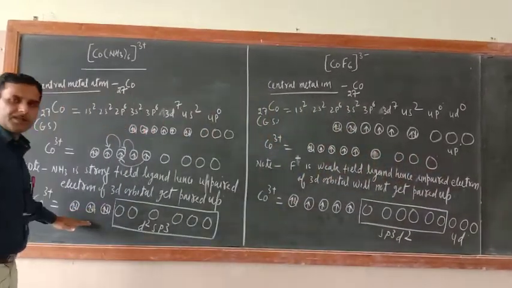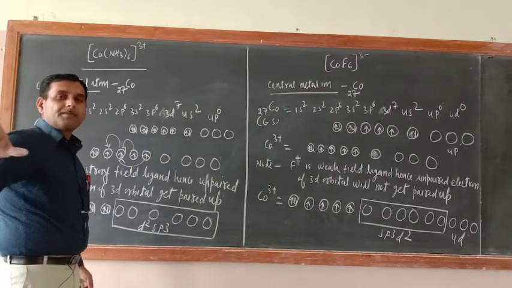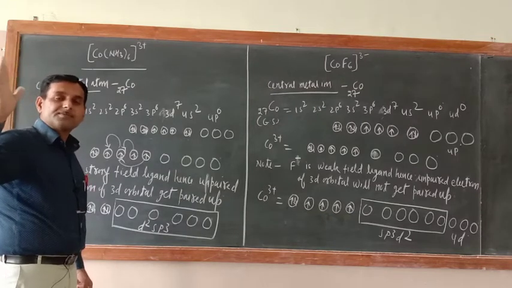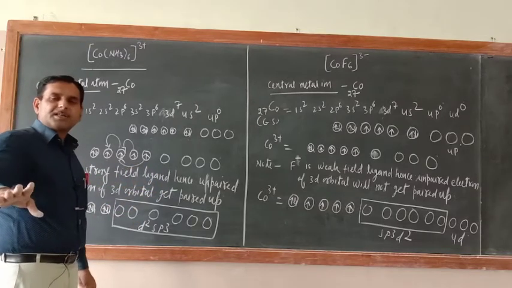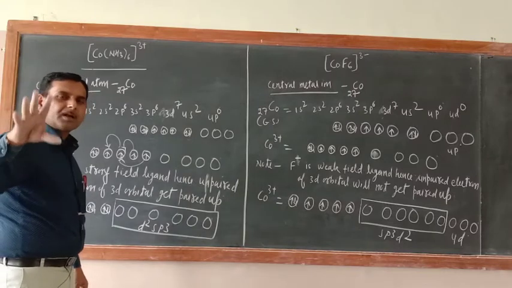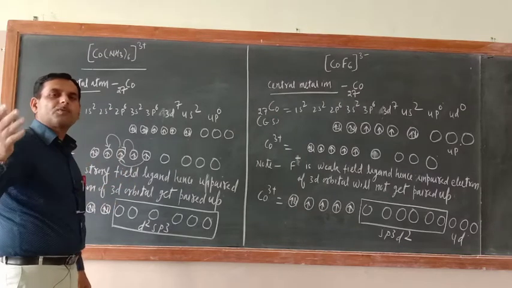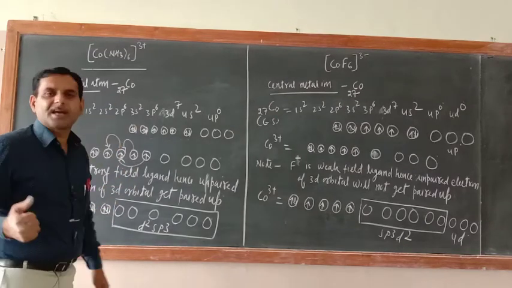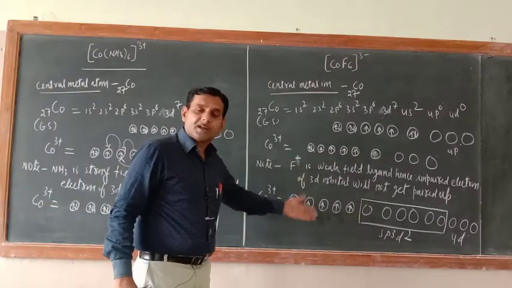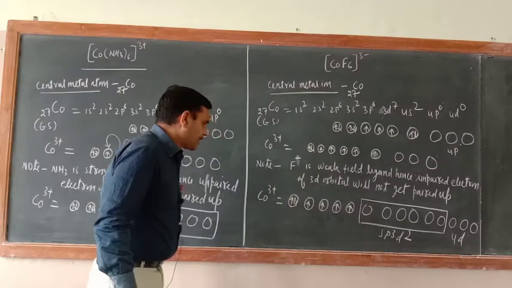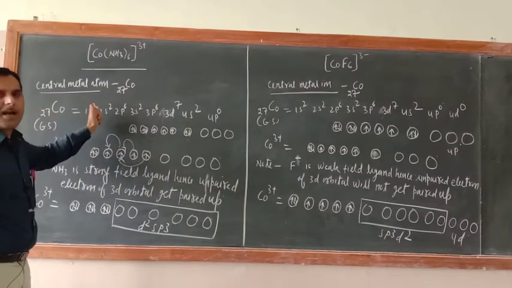Now suppose your house is big, but all rooms are occupied by family members. Since your house is big, what will you do? You will do an internal arrangement only. So far each room was occupied by each family member. So in one room 2 family members can be accommodated, so that one room can be made available to the incoming guest. That is the meaning of inner orbital complex. If you are requesting your neighbor, that is an outer orbital complex. Okay, so this is over now. Basically, the role of the ligand I explained to you.